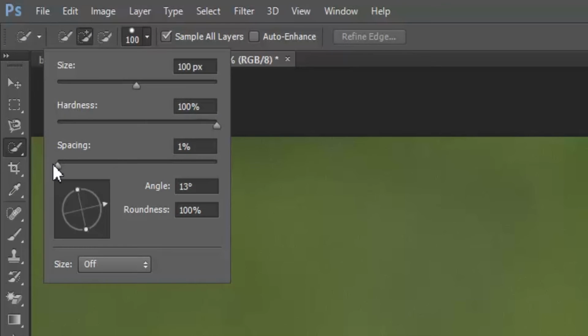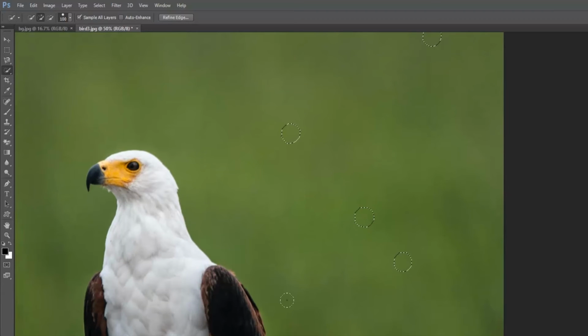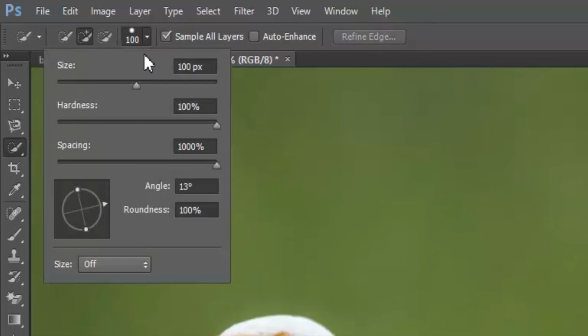With the spacing set to maximum value, the tool places the selection points randomly. It doesn't make a continuous selection. So, always remember, the spacing should be set to the minimum value while making the selection.